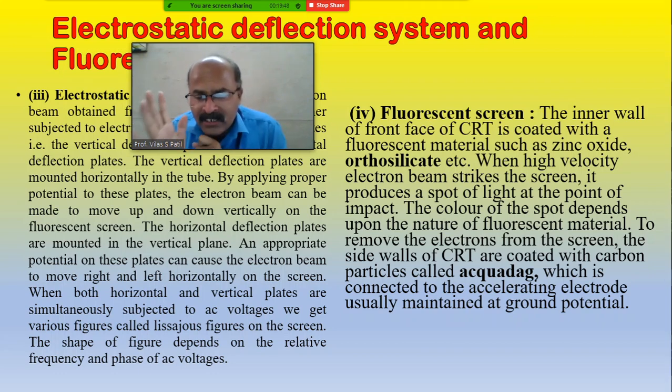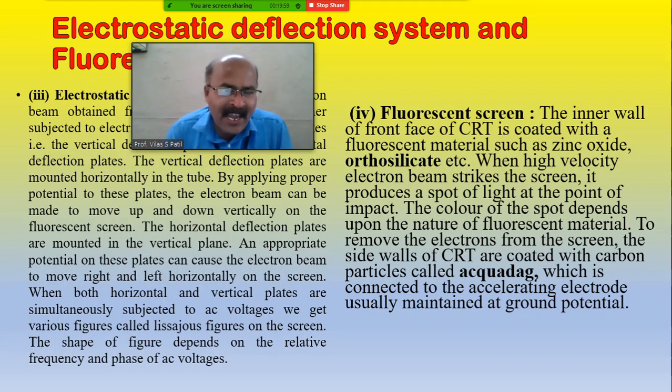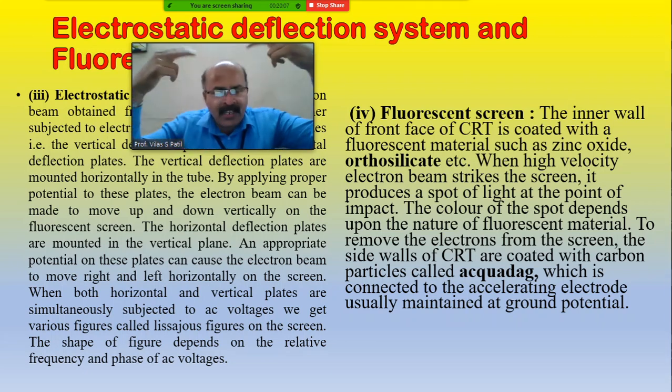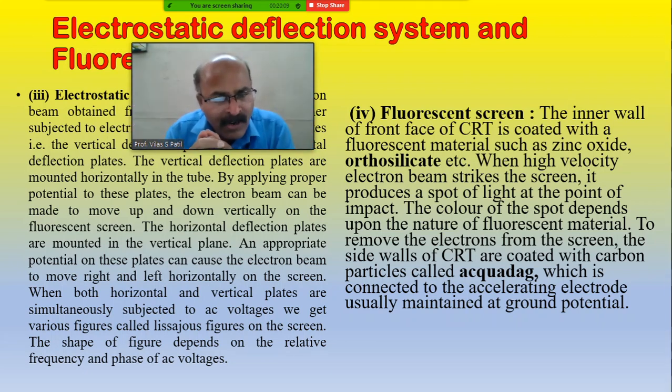To remove the electrons from the screen, the side wall of the CRT is coated with carbon particles, a conducting coating of material known as aquadag. Let me explain the role of the aquadag coating, which is coated on the inner wall of the glass envelope of the CRT. Friends, it is connected with the accelerating anode and usually maintained at ground potential, and this